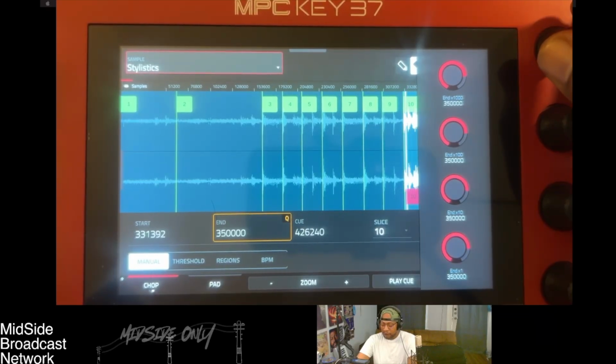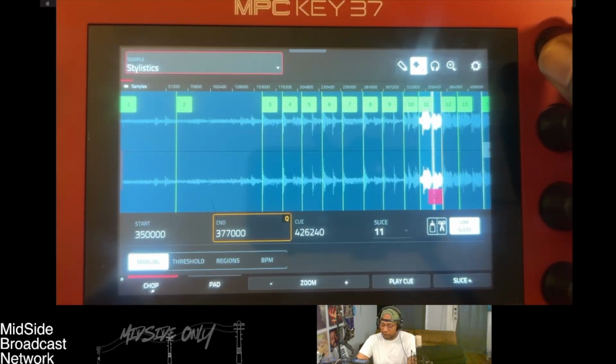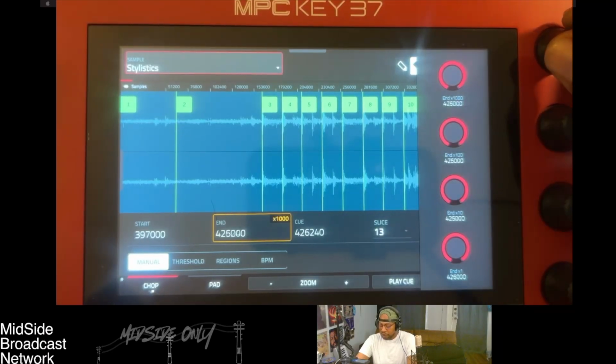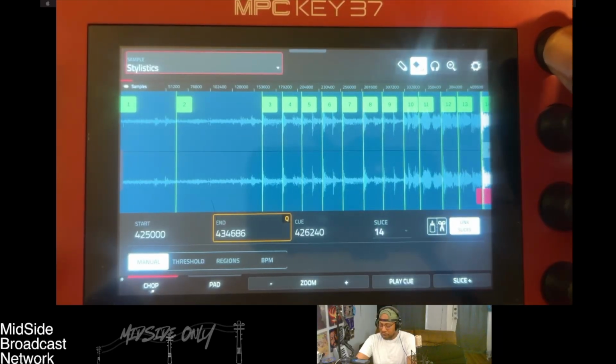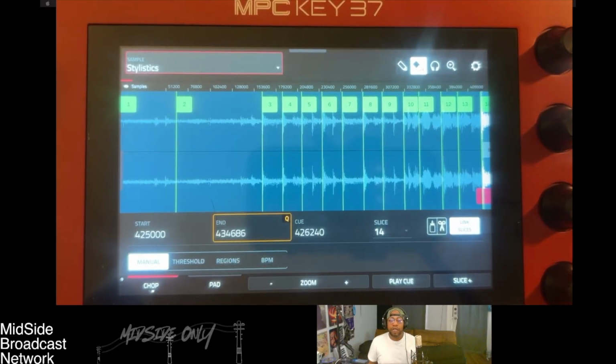I guess it sounds better with it on. Trim that up. All right, so now that we have a chop that we want to use,